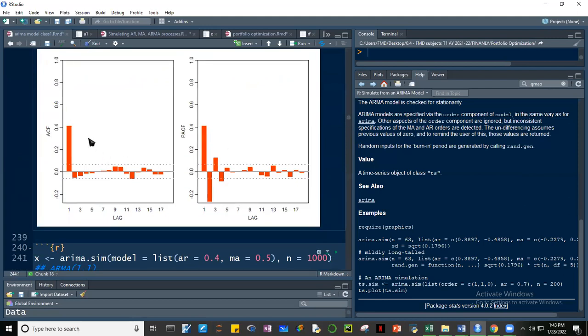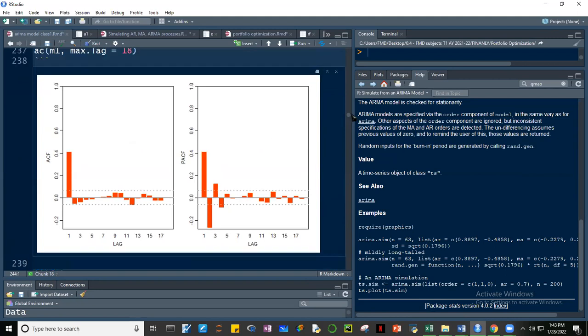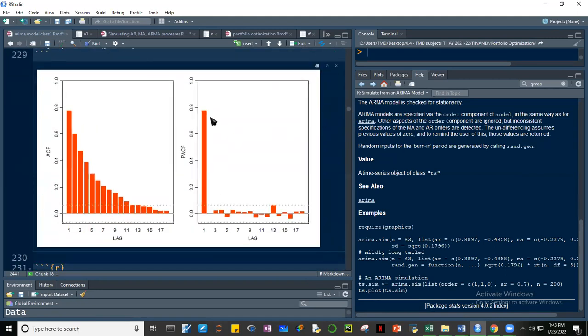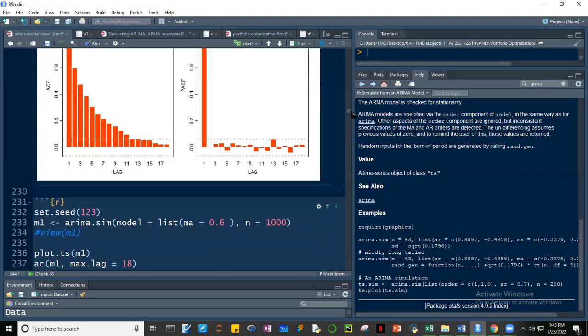Okay, ito. Spike dito, tapos slow decay siya sa PACF. On the other hand naman, yung PACF, may spike siya, depende kung anong lag, pwedeng spike at 2 lags or 3, depende sa series natin, and then slow decay dito sa ACF. So that's indicative of